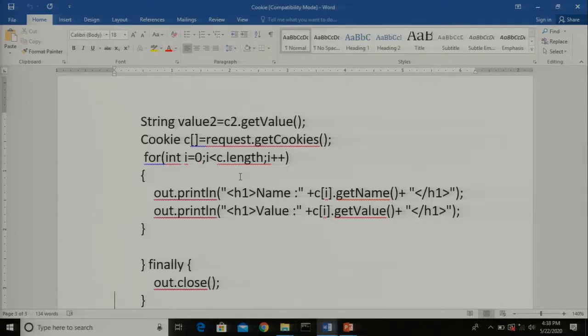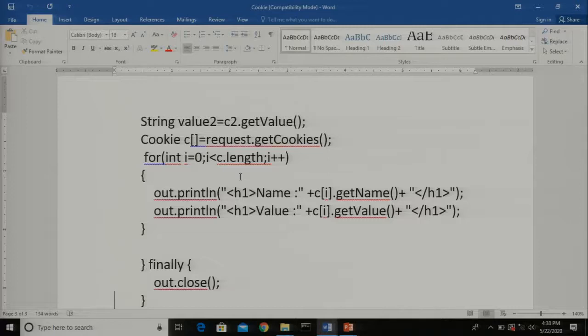Those are nothing but your HTTP request headers, and we have gone through the different types: Accept, Accept-Charset, Accept-Encoding, then User-Agent. We have gone through the different request headers, what purpose they are used for and how they benefit us.